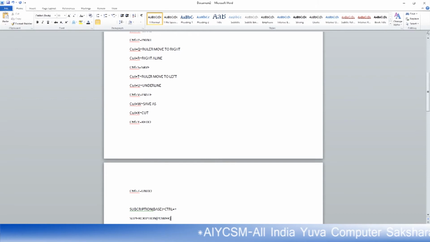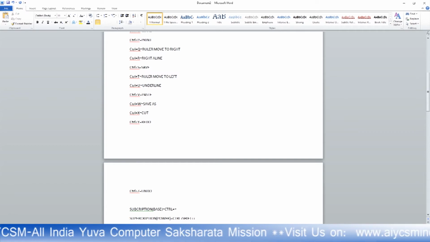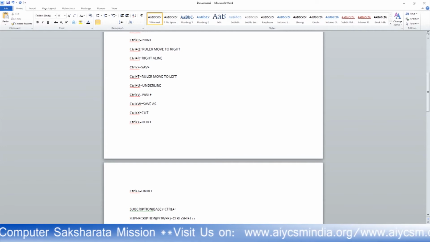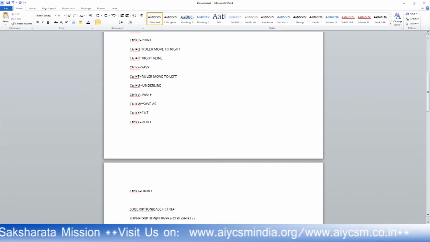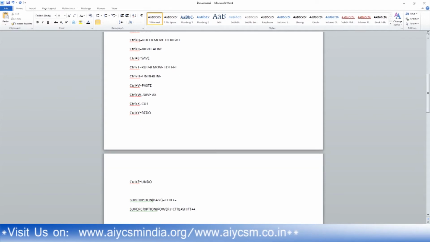This is power. That means if you want to print something as power, press Control plus Shift plus plus.